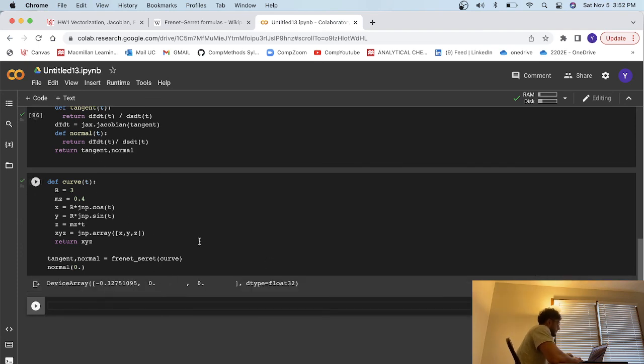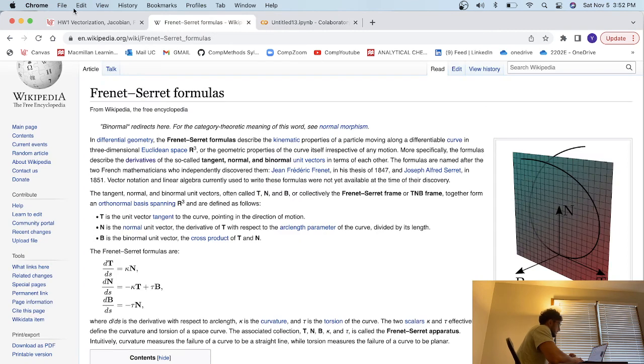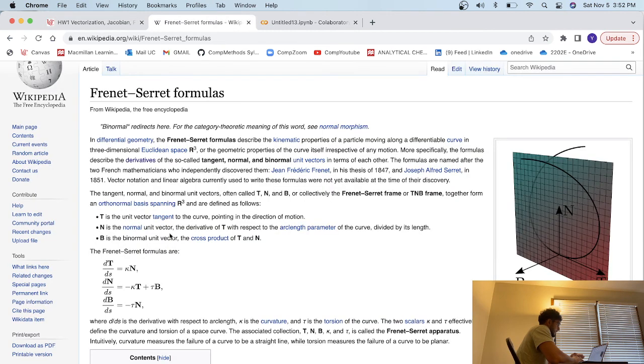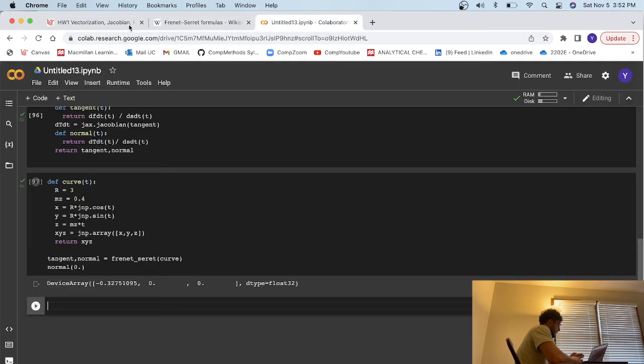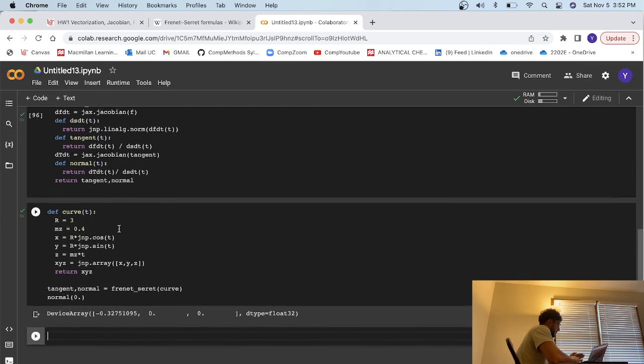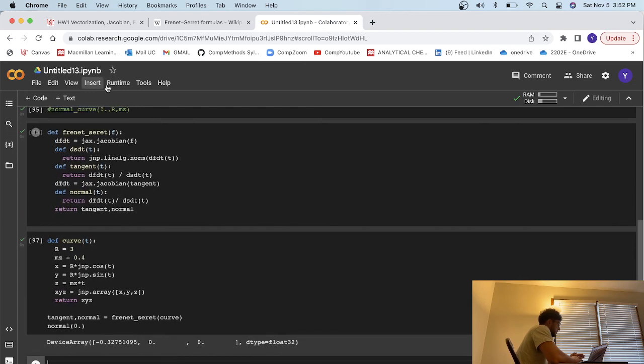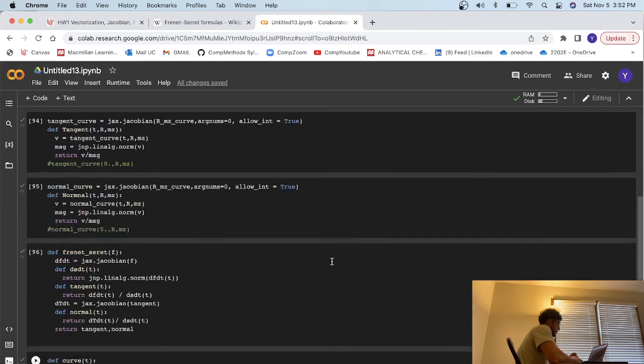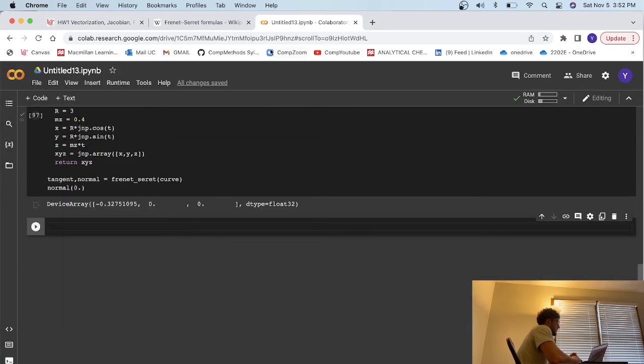We're able to find what we exactly were looking for to calculate the higher function that calculates the Frenet-Serret, the tangent. We have the tangent, and we have the normal functions that we were calculating using the built-in Jacobian function. And then we're able to find the curvature along any point on the curve, which will be important for us when we're trying to create the